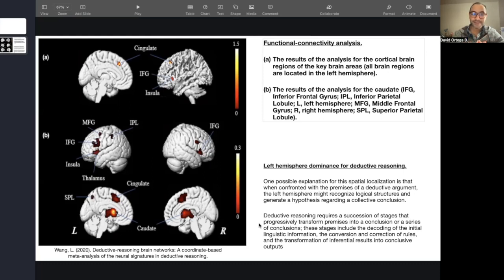And as we are seeing here in the image, we are also using the thalamus that is also connected to our memory experience, the insula that is connected to our emotions, and many of these regions from the frontal inferior or the superior gyrus or the medial gyrus in the left side of the brain. The dominance is clear because we have more analytical reasoning in this part of the brain, and because we are also using the kind of working memory that relates to concepts that we already store and that are going to be